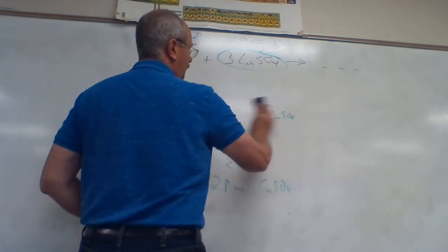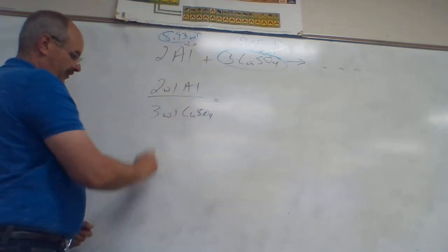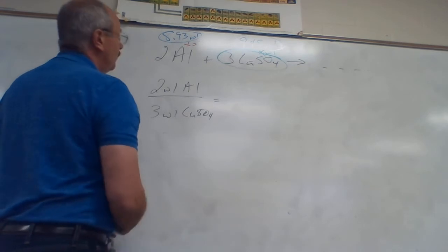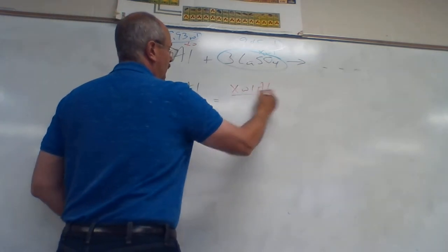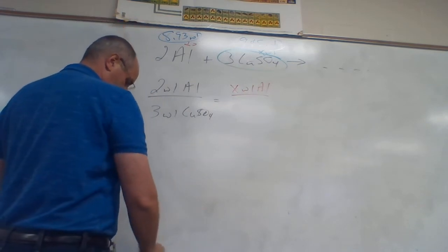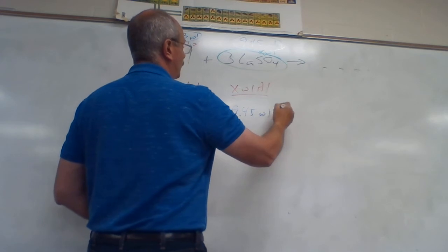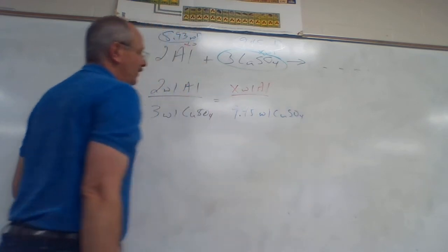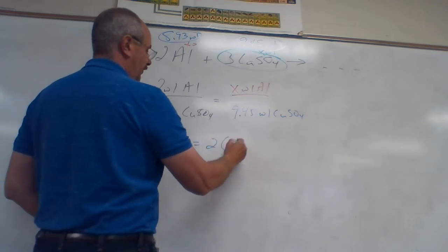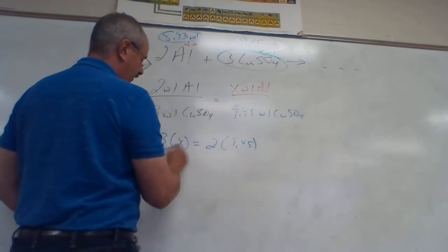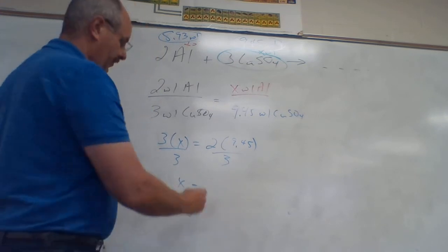So if you did it that way, you're still going to use this ratio of 2 moles over 3 moles. But now we have X moles of aluminum over the blue one, 9.45 moles of copper sulfate. Cross multiply 3 times X equals 2 times 9.45 divided by 3. X ends up equaling 6.3